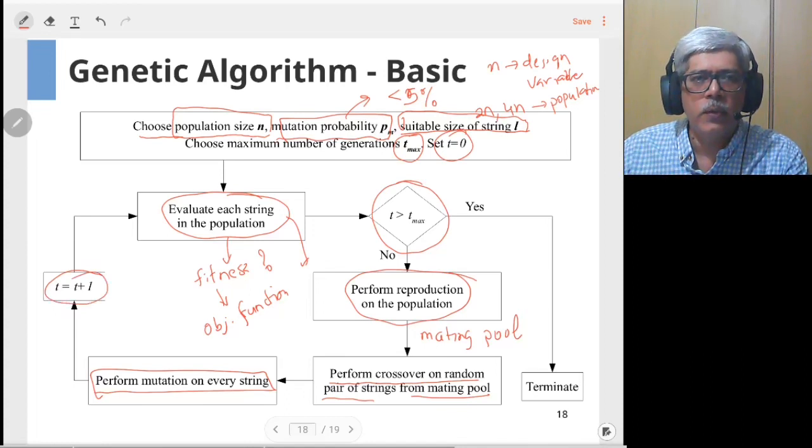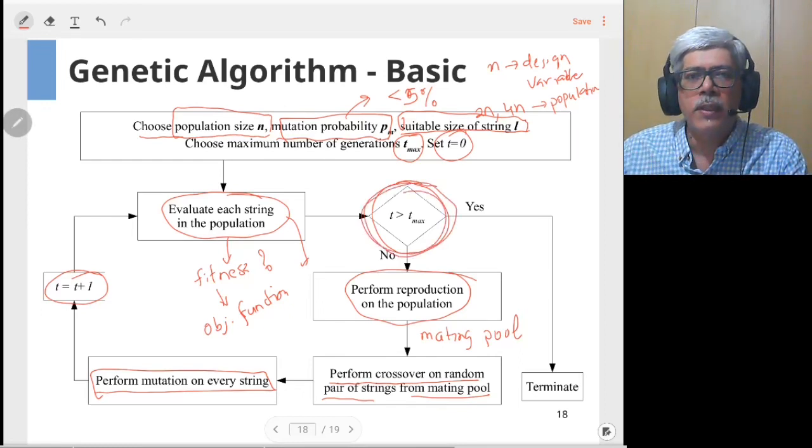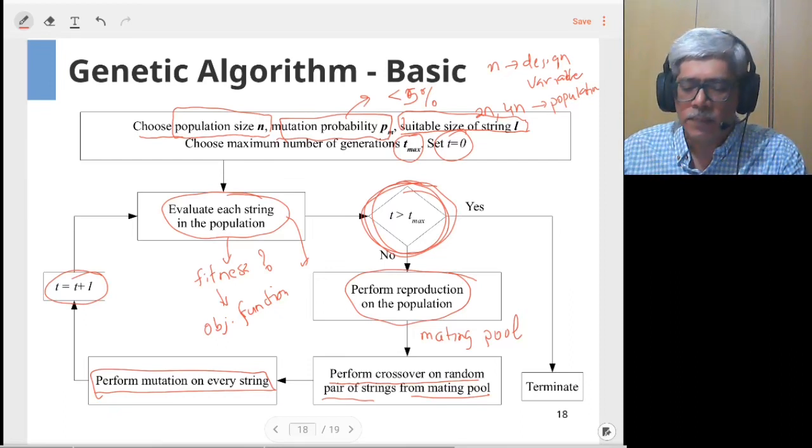So now you are entering into the next generation. In the next generation, again the same cycle of finding out fitness, selecting the mating pool, crossover and mutation. It continues, and you keep on continuing this till the time the maximum number of generations is reached, at which time you stop, and whichever is the best solution in that final population is considered as the best solution for your problem. As we'll see in the Python implementation next, this particular approach works wonderfully well for all sorts of problems, and that is what makes it interesting.